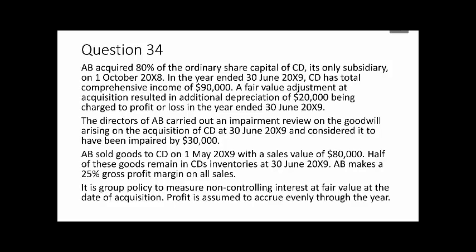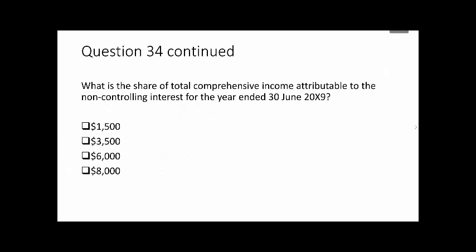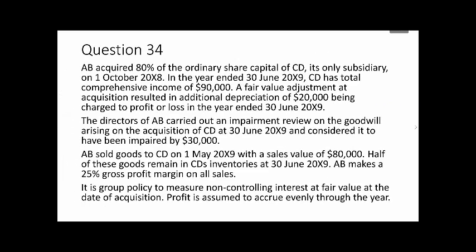Question 34 is a lengthy question which gives us a lot of detail, but then the actual question just asks us to go and calculate the share of total comprehensive income which would be attributable to the non-controlling interest for the year ended 30th of June X9. So if we look back to the information in the question, the group structure here is that AB acquired 80%